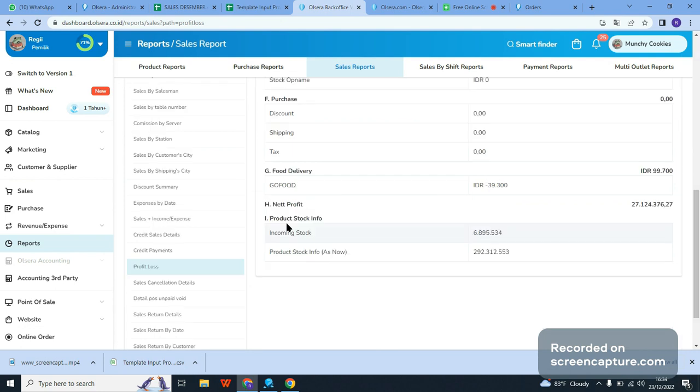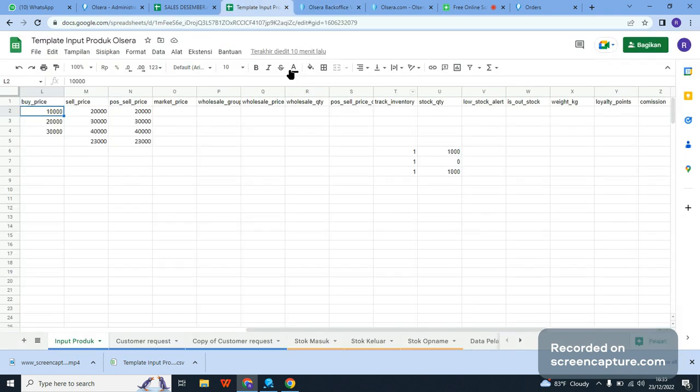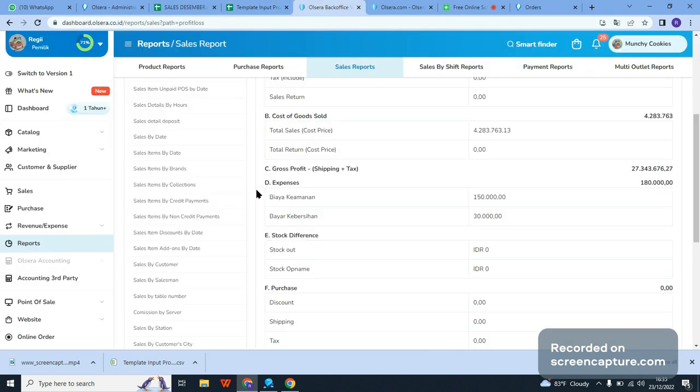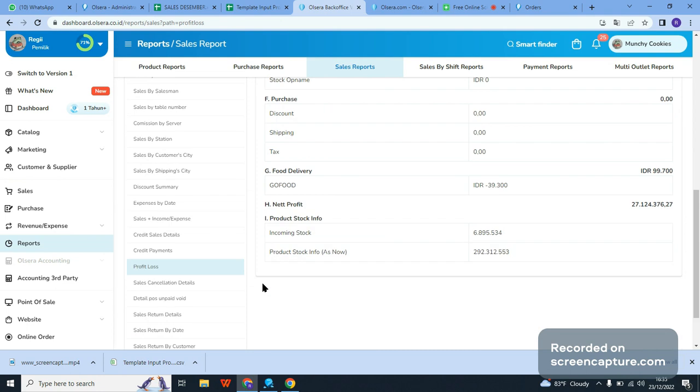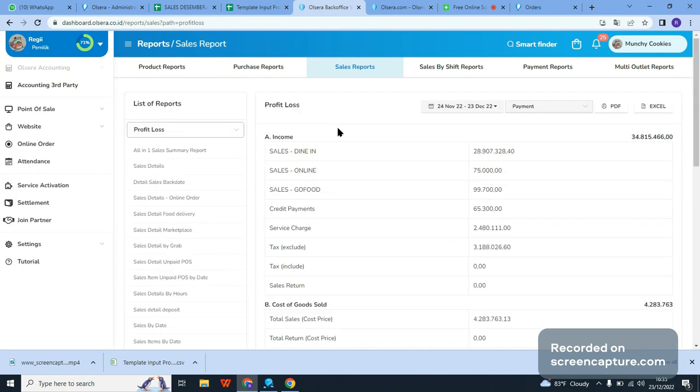And also if you have the cost of goods sold, it will also be put here if you enter the buy price or the cost, and also the expenses that you have. Until the last, the net profit, it will be counted by itself. So I think that's the most important one for the restaurant type of business that will use this cashier